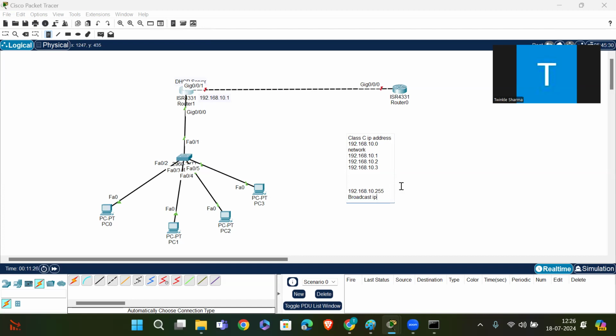So we have to give these IP addresses to the DHCP server so that it can allot these IP addresses to our local area network systems, right? So we have to allot this pool. What is the pool? A pool is a group of IP addresses or a range of IP addresses. So let's go. Okay.